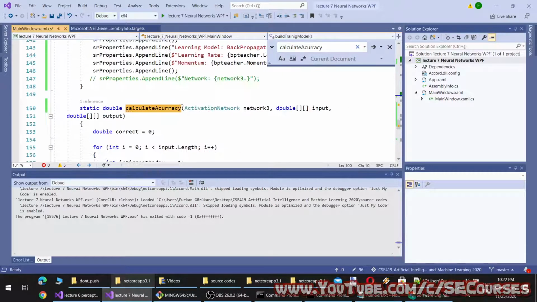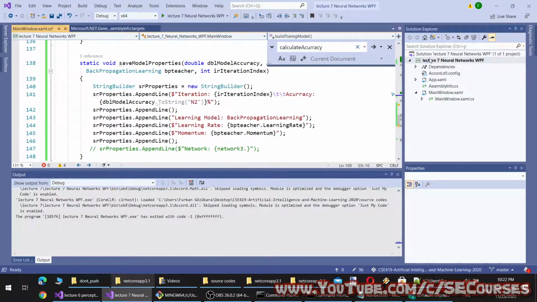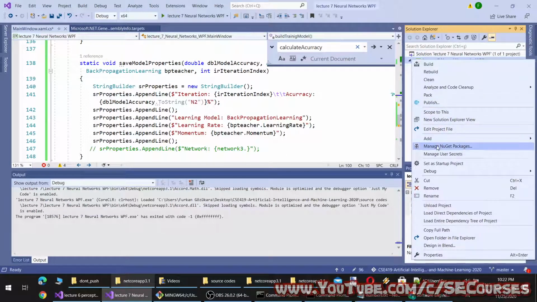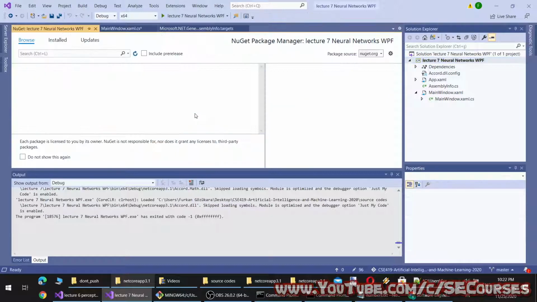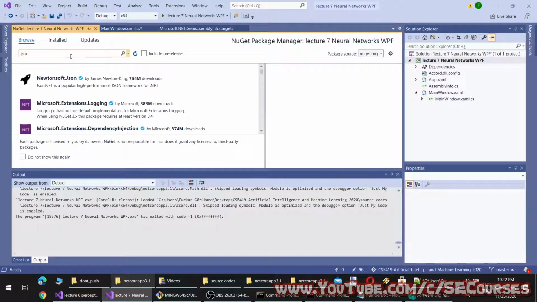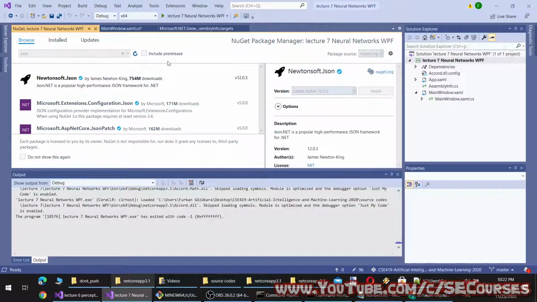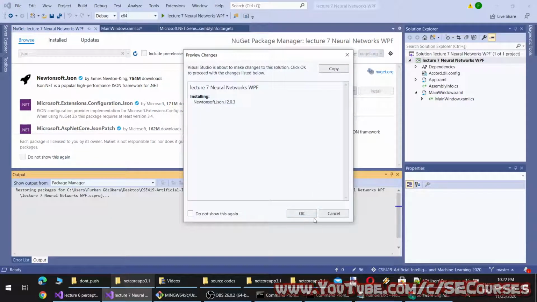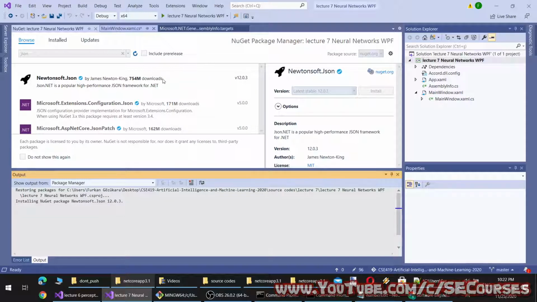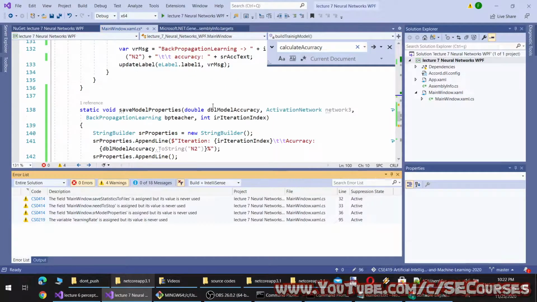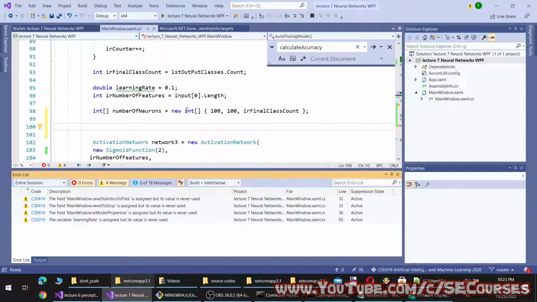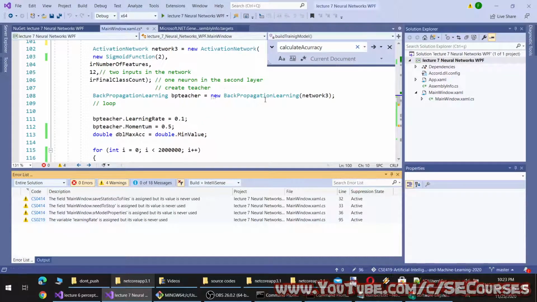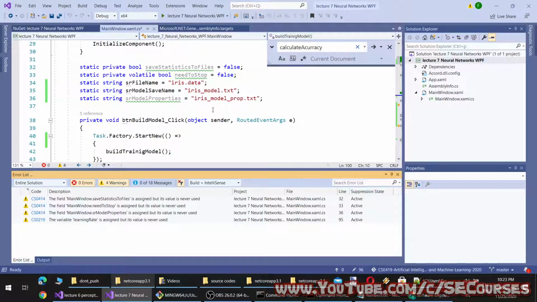Perhaps I just save it entirely with JSON after all. I'm going to use Newtonsoft JSON to save the entire network at the beginning so that I can get the name.